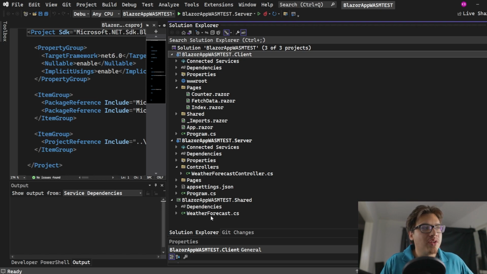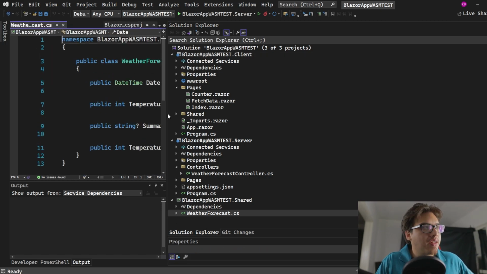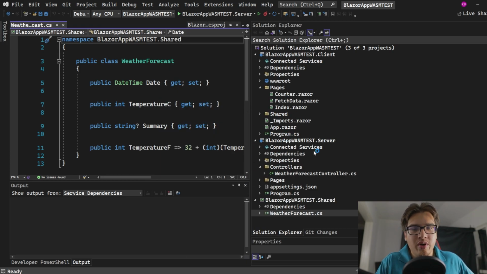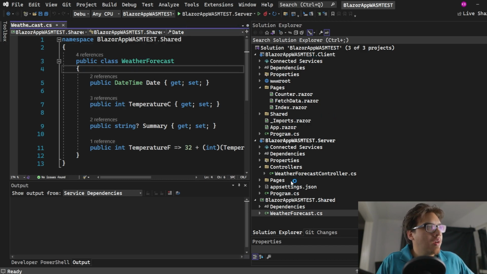If you have things like models, and when I say models, I mean classes like this, that you want to share between the two, instead of having duplicate classes everywhere, you can have them here. So that's what that's for. But back to the full stack nature of this particular project, you have your front end, which is your client,